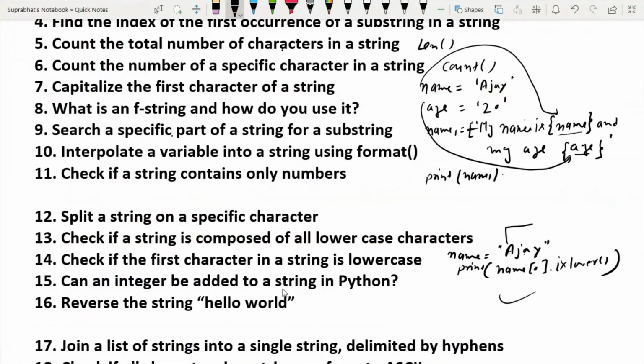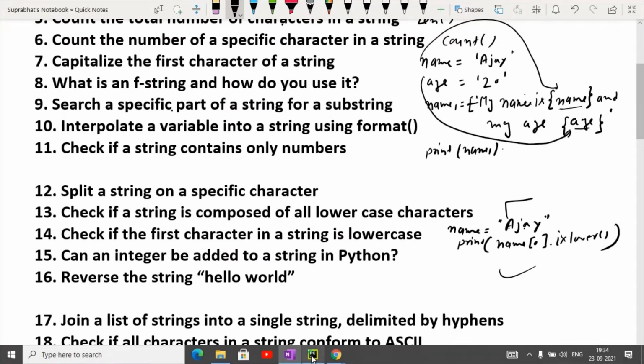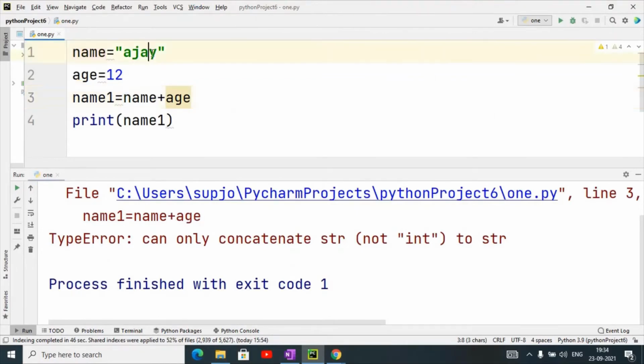Next question is reverse the string hello world. We have the string hello world, and we have to reverse this string.